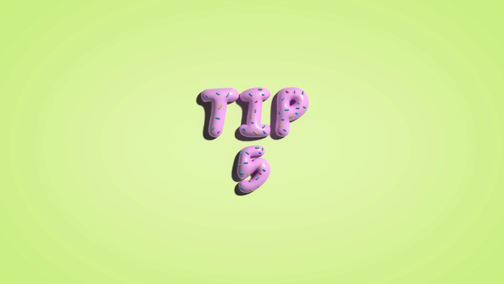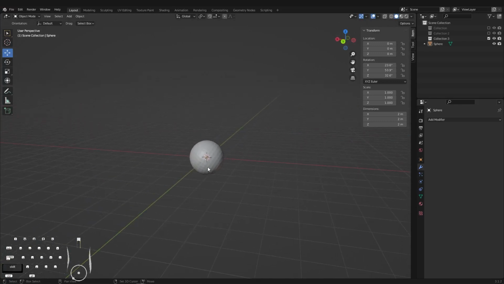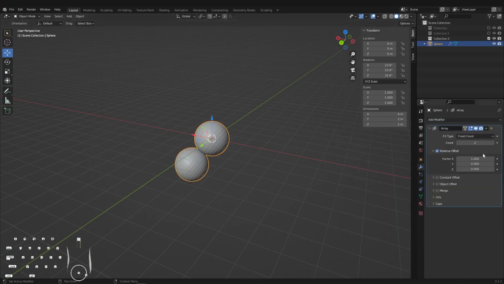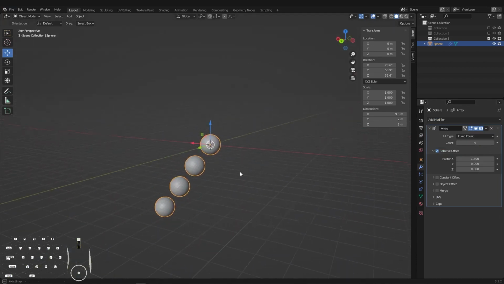Apply transforms. Okay, so say you're working happily away and you have an object that you've rotated and now you just want to create an array along the x-axis. You'd think you just add an array modifier and adjust the factor on the x-axis, adjust the count, and it should work, right? But no, my sweet summer child, you didn't apply the